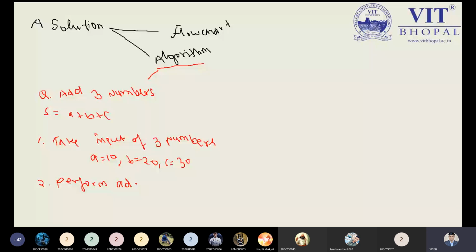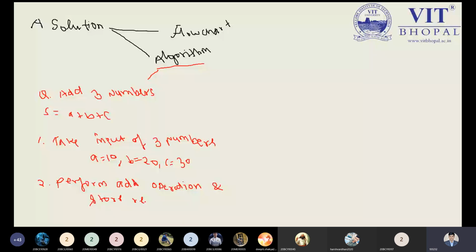So I am writing addition operation in a simple way so you will understand. But after the addition operation, the addition of these three numbers must be stored somewhere else. That is necessary. Like if I am doing a plus b, where the addition is to be stored is the important point. So here I am taking: perform addition operation and store result.